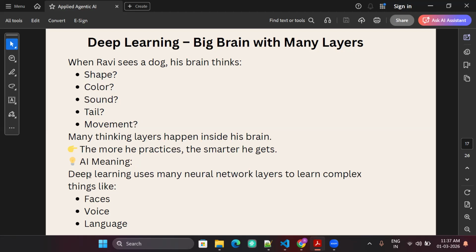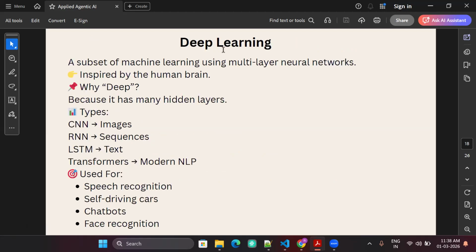Hence, if you see, deep learning uses many neural networks to learn complex things like faces, voice, language. When you say faces, whether the person is smiling, laughing, or crying, all those things. So, if we try to understand deep learning, it's also a subset of multi-layer neural networks.